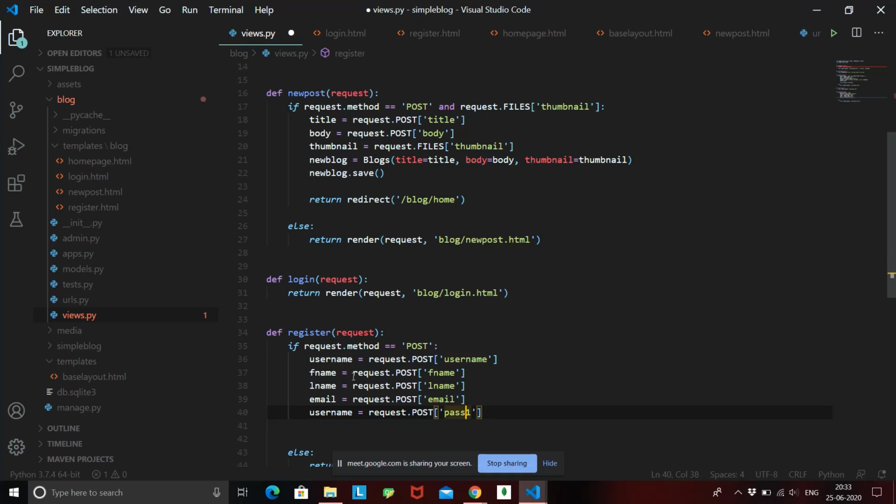Okay, pass1, and we'll just create pass2 equal to request dot post. Okay, so now we have all the data that is coming from this post request.